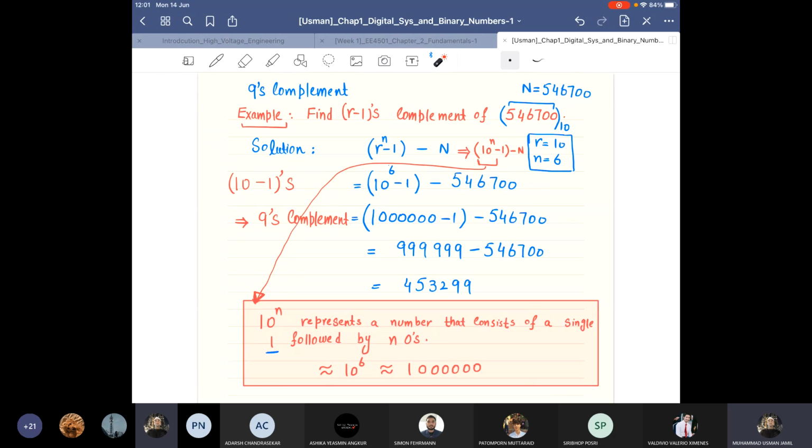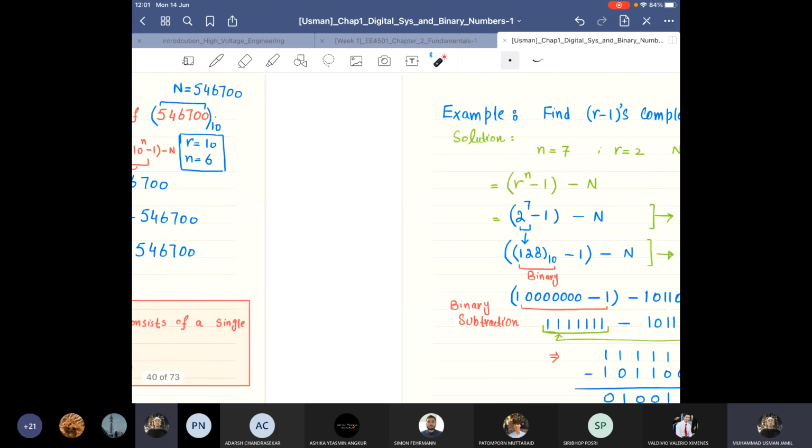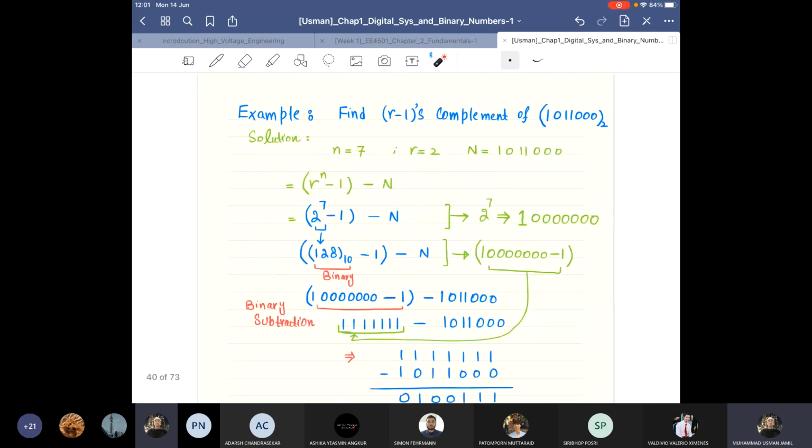So now we have a base is 2. So 2 power n represent a number that consists of a single one followed by n zeros. n we have 7 zeros. So then we have this one 1 and this one, which is equal to 1 2 3 4 5 6 7. So number of zeros will be how many n we have. So we have n is 7. So we have a 1 is this one. Okay,